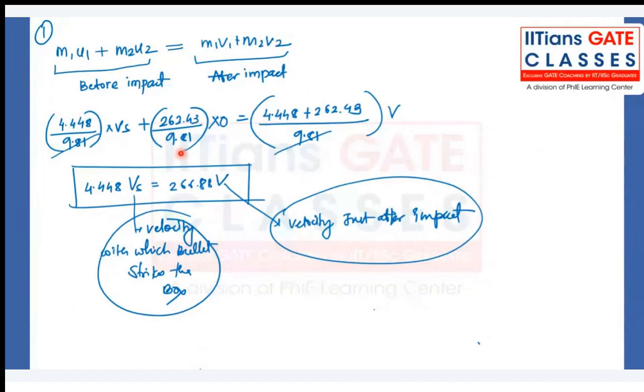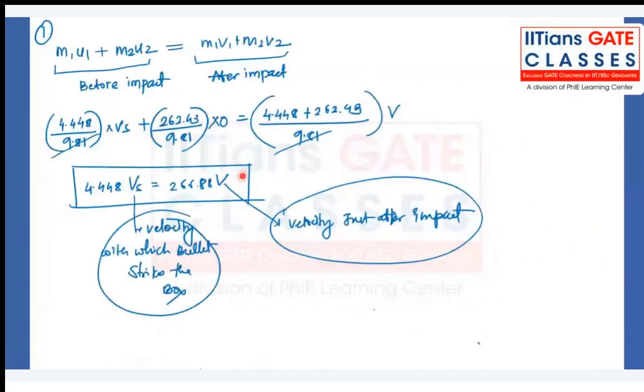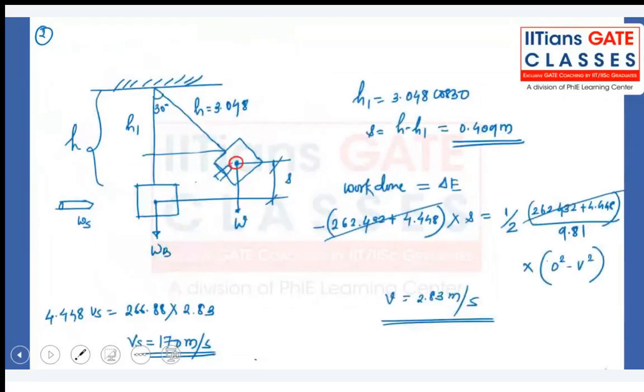Okay, if no doubt, I'll proceed to the second part of this. We are interested now to find this value of v. V means velocity just after the impact or the collision. So as we can clearly see here, the work done in order to move this box by a distance s vertically upward is equal to the change in kinetic energy. So what is work done? The total weight, which is the force which is acting downward. Okay, and the value is this